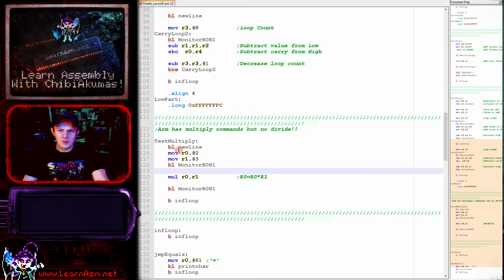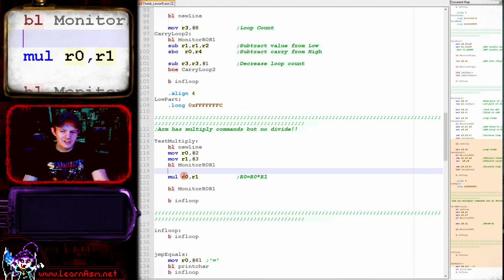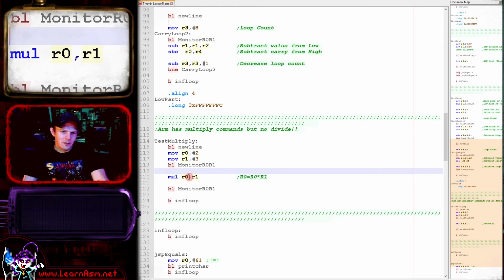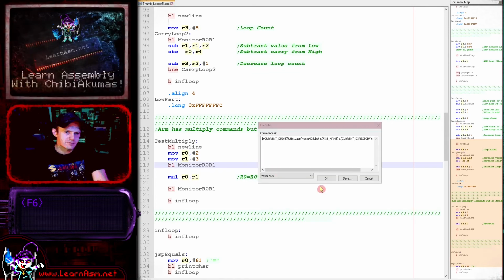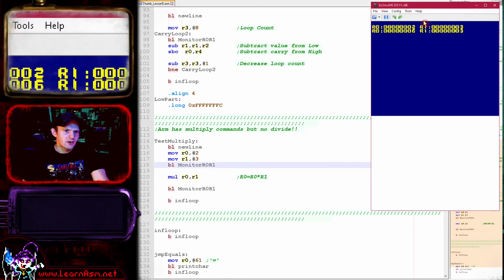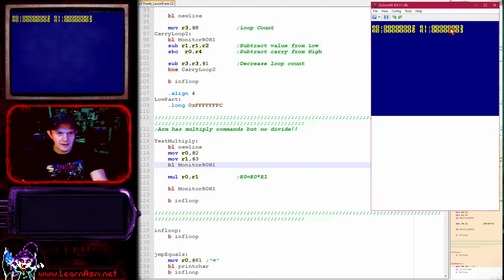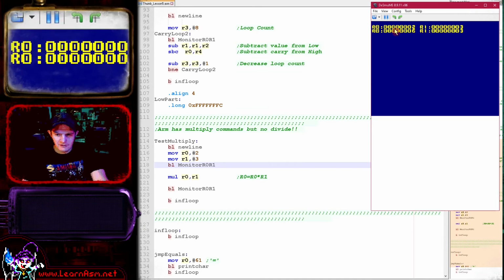The final command we're going to look at is the multiply command. Now the ARM has no divide command, but the ARM Thumb does still retain the multiply. Very simple, 2 parameters. The parameter on the left is the destination, and it's multiplied by the parameter on the right, and the parameter on the right is unchanged. So this is effectively R0 equals R0 times R1. And you can see here that we have done that just fine. We've taken 2 and 3 and multiplied them together, and the result is 6,